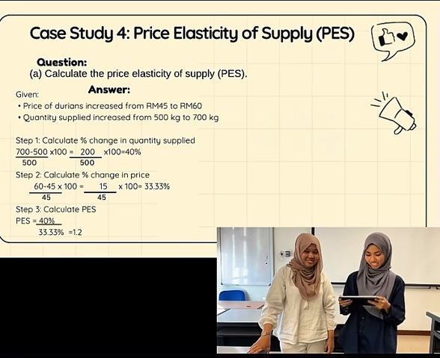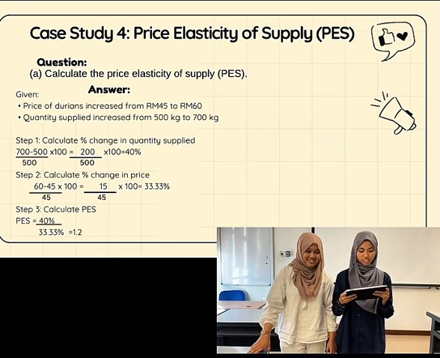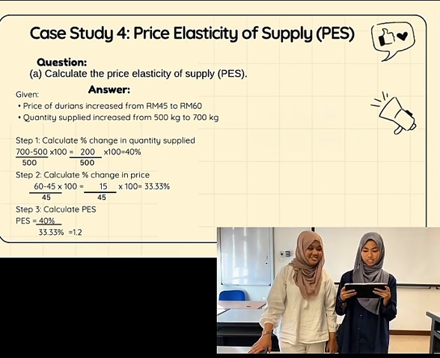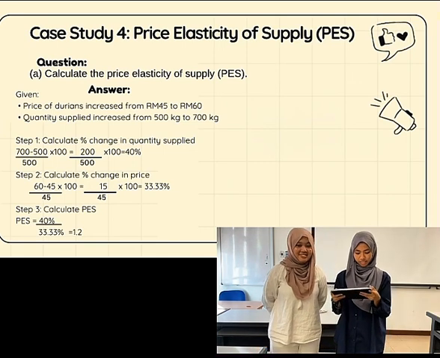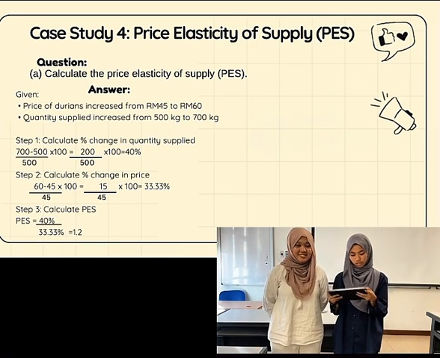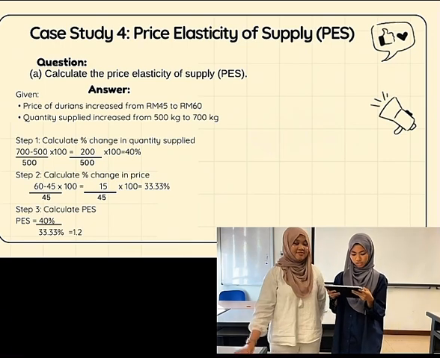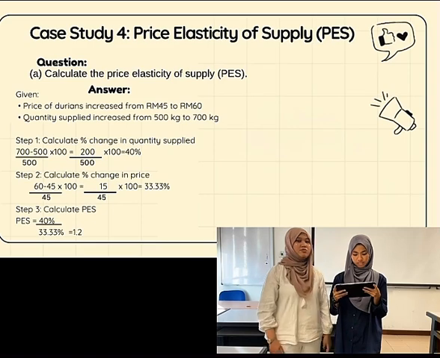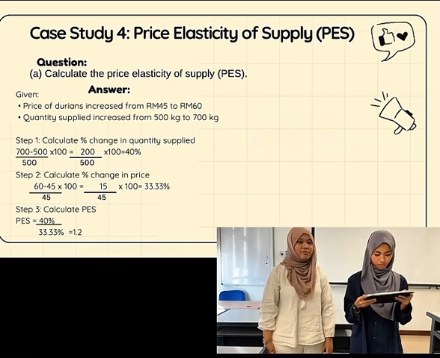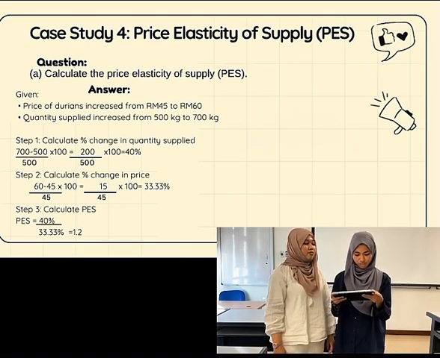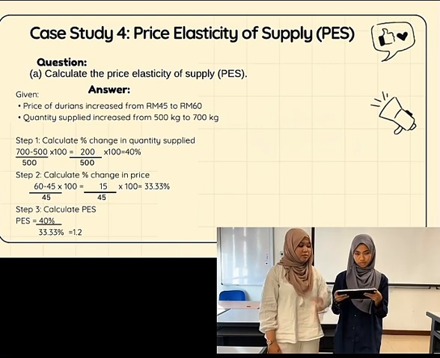We arrived at the last case study, which is price elasticity of supply, or we call it PES. So the question is, calculate the price elasticity of supply. So we got the given information, which is price of durians increased from 45 ringgit to 60 ringgit, and quantity supplied increased from 500